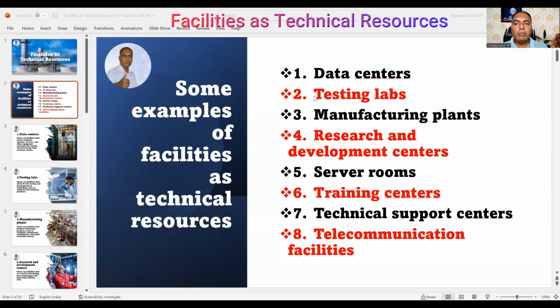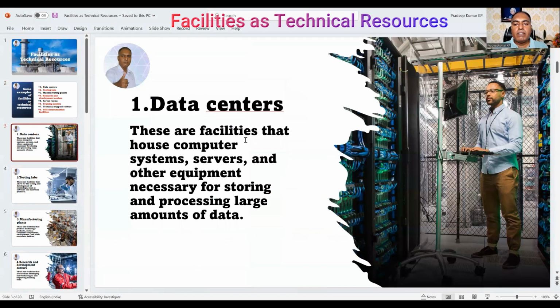Now let us see a little more detail on the samples. First is data centers. These are facilities that house computer systems, servers, and other equipment necessary for storage and processing of large amounts of data. In all these 7 technical resource categories I have defined, this one category has multiple technical resources inside it.